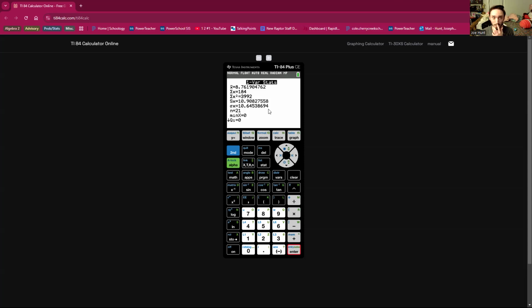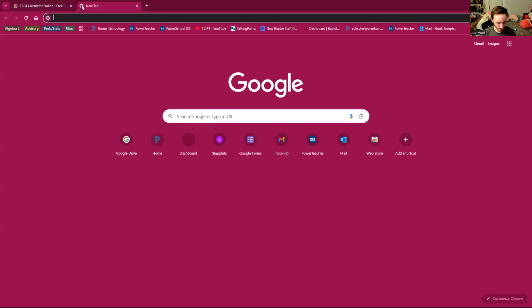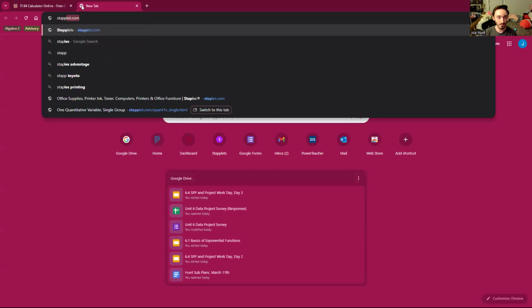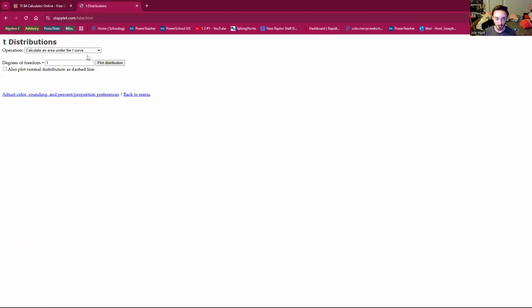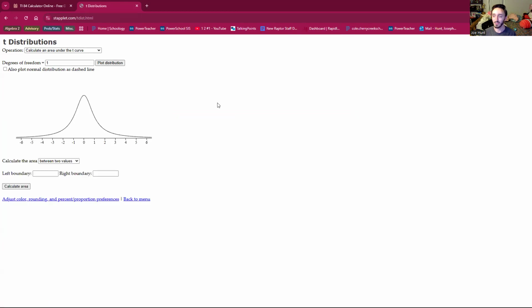One thing that we have to be careful about is when you're talking about the T distribution, I'll go maybe to Staplet.com one more time, and then the T distribution calculator. You have to be careful on how you're going to make the argument that you get 90% confidence packed in the center. Now, one thing you'll notice with the T distribution is that if the degrees of freedom are low, it doesn't look much like a normal curve. It's much wider. But as your degrees of freedom increase, and that's always the sample size minus 1, so in our case, degrees of freedom is 20, you get closer and closer to a normal curve.